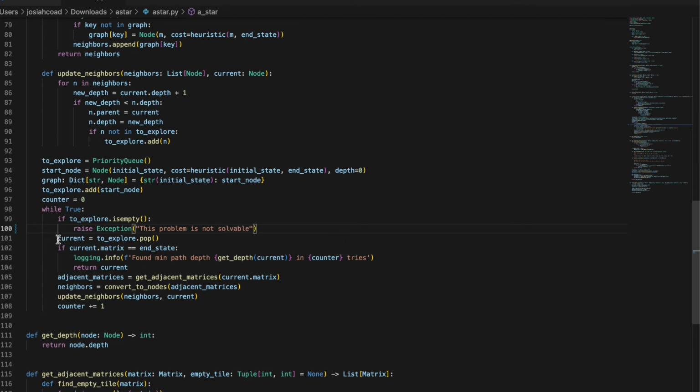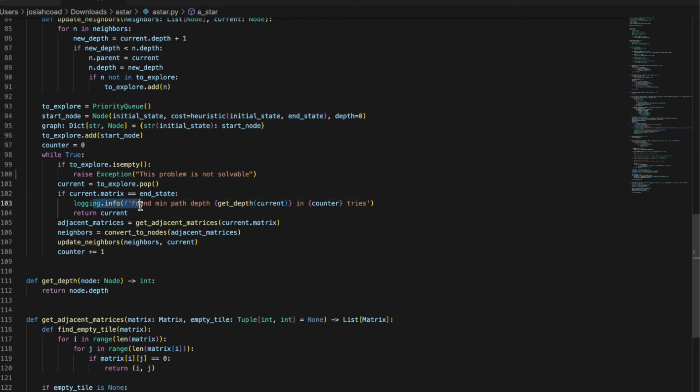Now we're going to pop the first item from the list and see if it's equal to the end state. And if so, then we can return. And if not, we're going to look at all of the neighbors, we're going to look at all the adjacent matrices of the neighbor, which